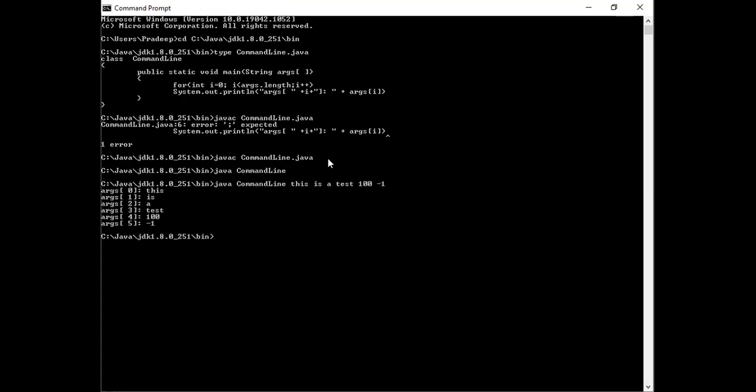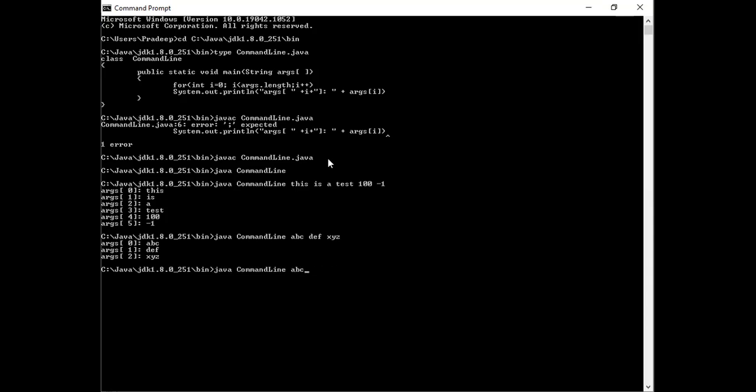See here, args[0] is this and the first location 1 is next, args.length minus 1, like this. If I change the strings, say I change the first string, let me consider it as ABC, then DF, okay, XYZ. Now you see. Understood? So we can change the command line arguments here however we want.